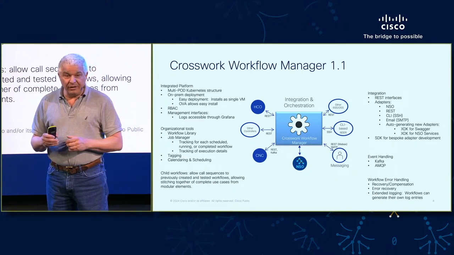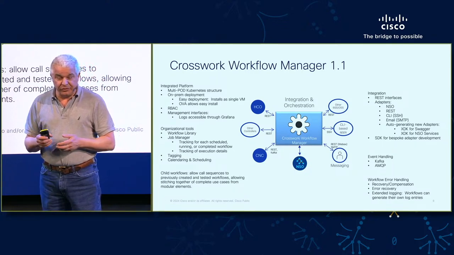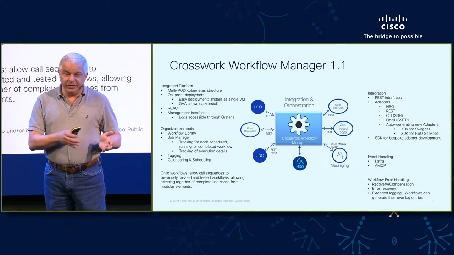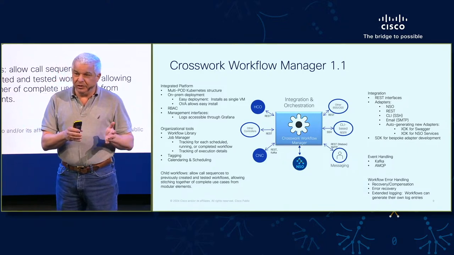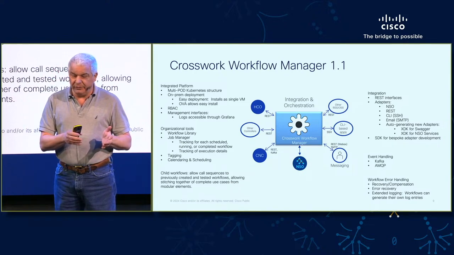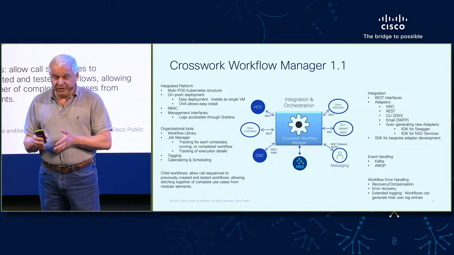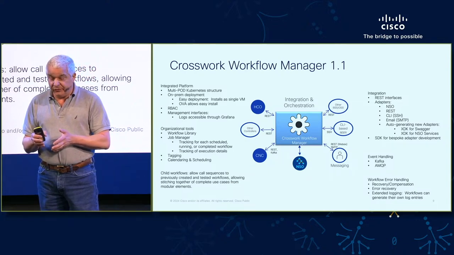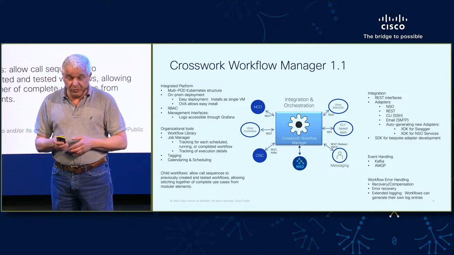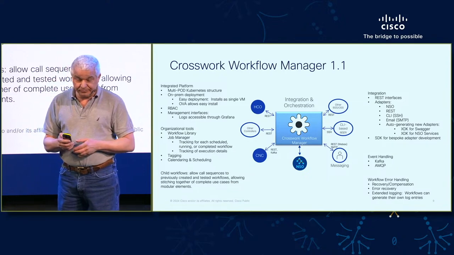One of the things we've just introduced is our extended SDK. We had an SDK before for generic use for building your adapters. We've created the extended SDK, which can ingest Swagger definitions and read NSO services,